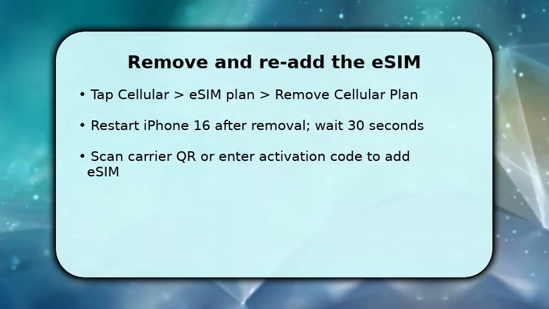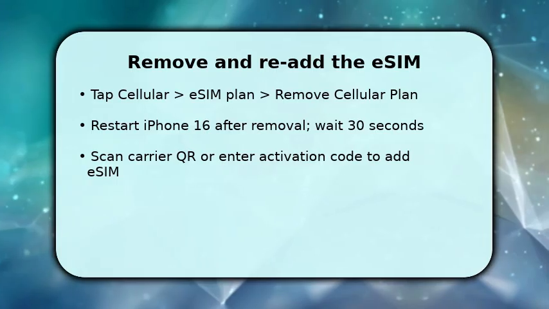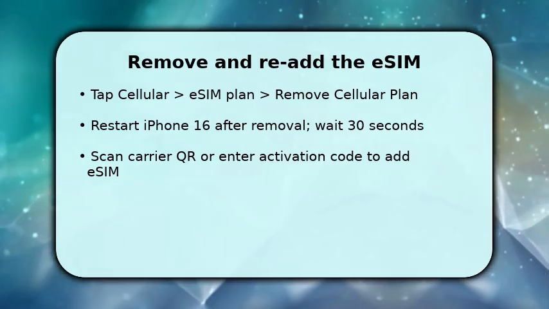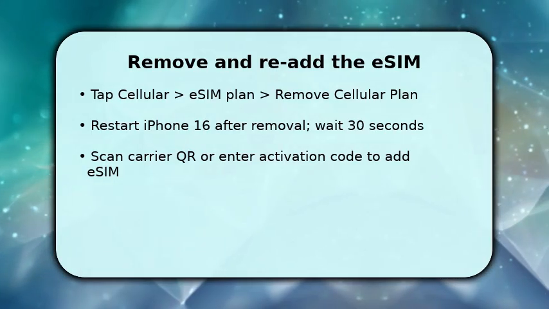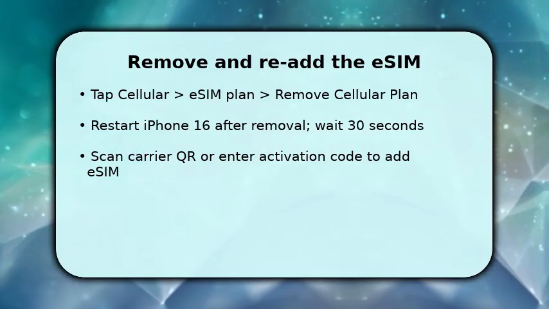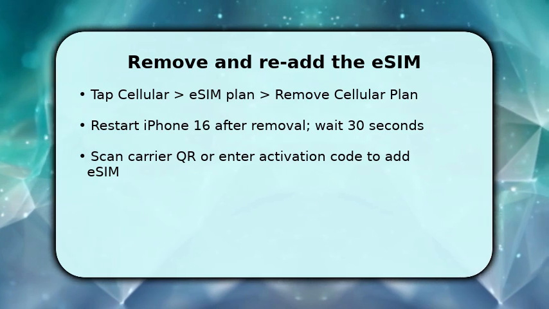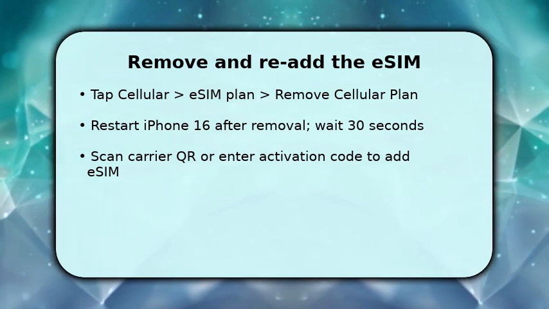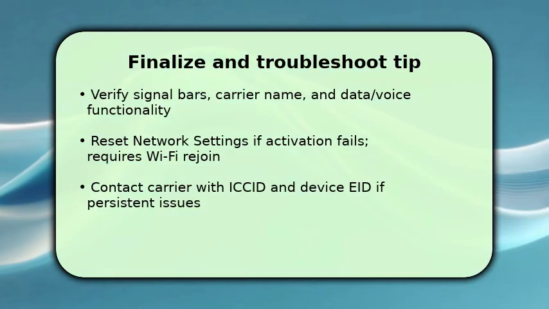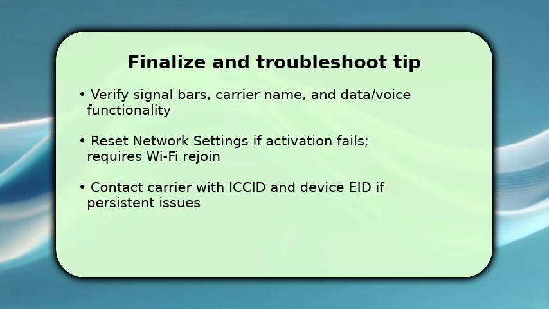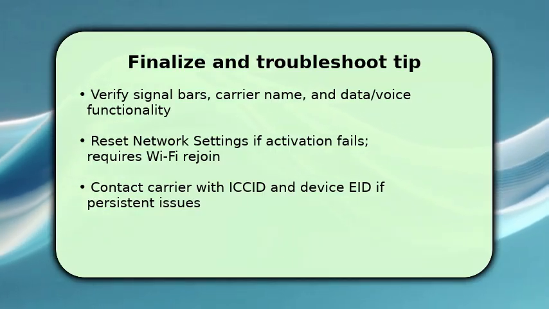After the restart, return to Settings Cellular and choose Add eSIM, scan the carrier QR, or enter the activation code exactly as provided. Make sure to name the plan so you can identify it, and keep Wi-Fi on while activation negotiates with the carrier. You finish by verifying the eSIM shows the carrier, displays signal bars, and can make calls